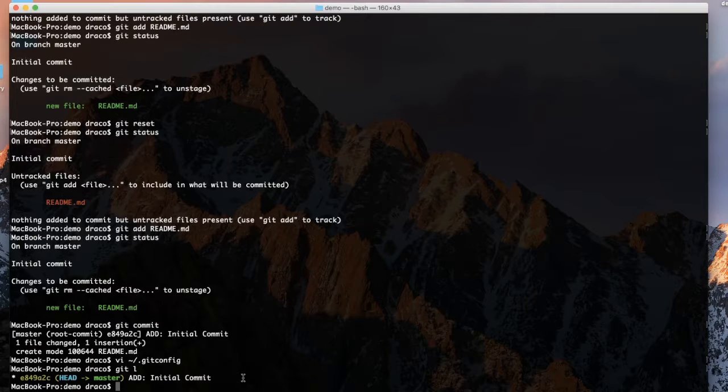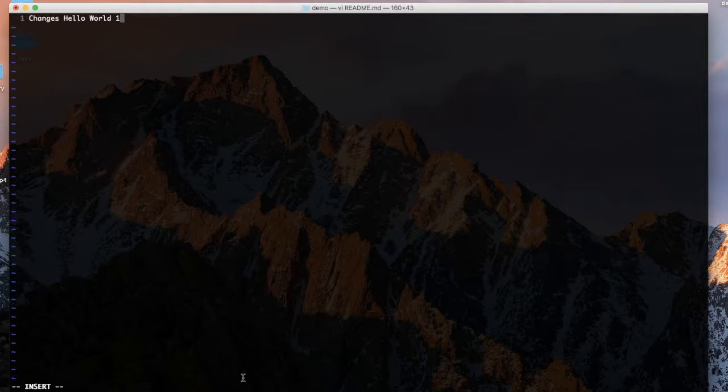The next thing, let's try to make more changes to our readme file. So let's go back and make more lines. Assuming that I actually want to write a proper intro, so this is my intro. This is my first commit to introduce